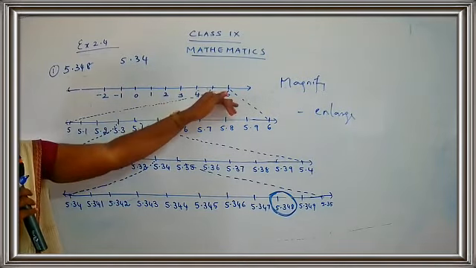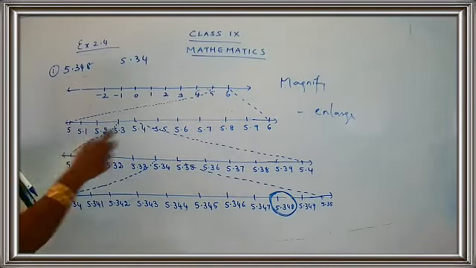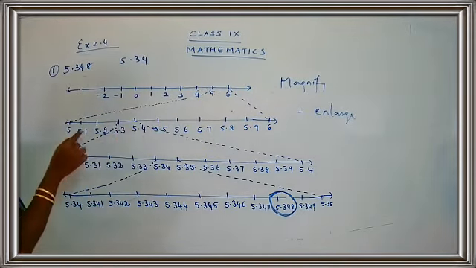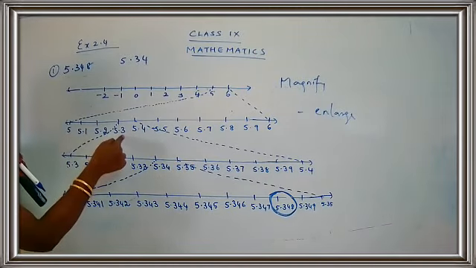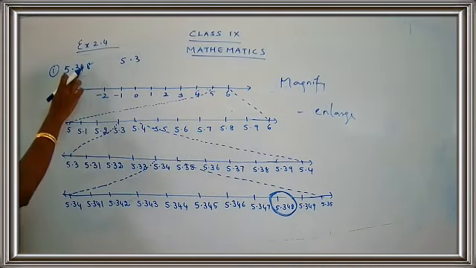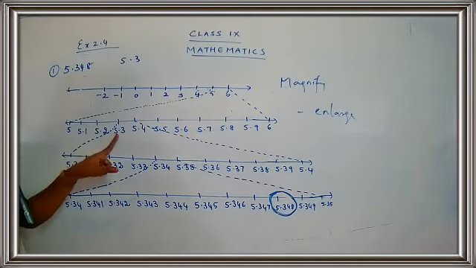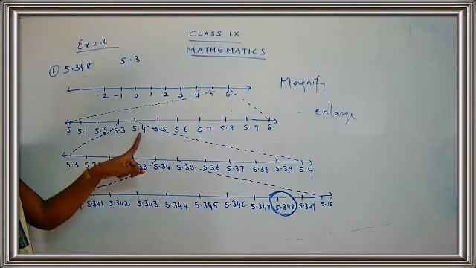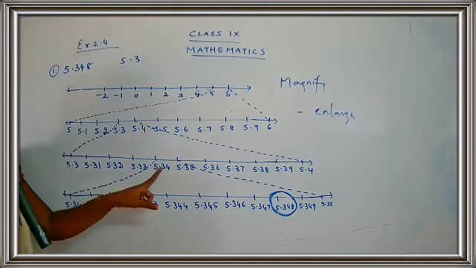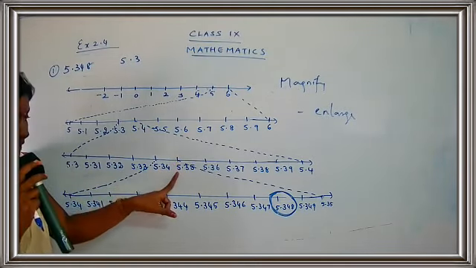5.348. See? So what we have done, we started with the number line. Yes, that's 5, 6. Then we have magnified. Which area have we magnified? We have magnified 5 and 6. So when you magnify 5 and 6, what do you get? 5.1, 5.2, 5.3, 5.4 and so on. You have to just take the first number after the decimal point. What is that? 0.3. That is 5.3 and take the next number. What is the next number? 5.4. So you are going to magnify 5.3 and 5.4. So you have to write down all the numbers between them. What are the numbers? 5.31, 5.32, 5.33, 5.34, 5.35 and so on.